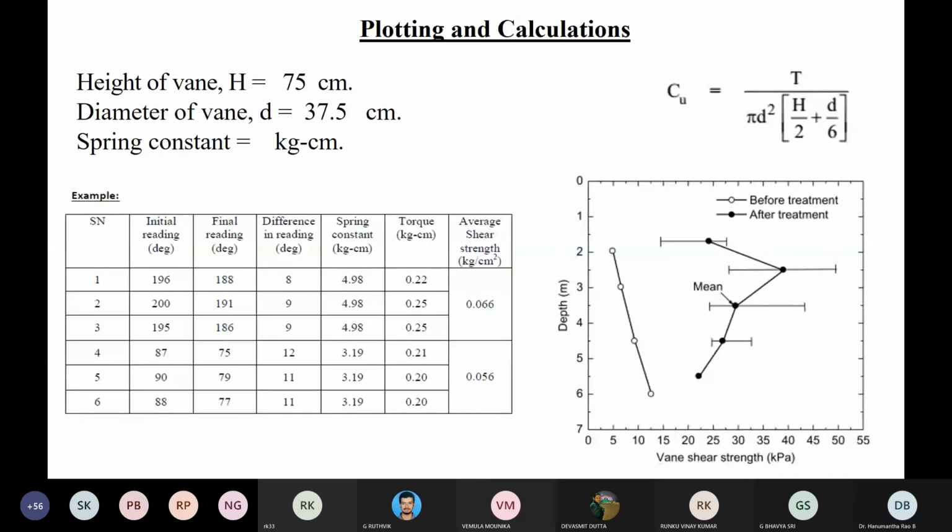Sir, how is it dependent on water content? Is it increasing or decreasing? What is happening? See, say for example, you take a dry clay. Okay, you determine the strength. You will get some X value. Okay, so then you keep on adding the water. What happens? The clay particles have an affinity to absorb the water.